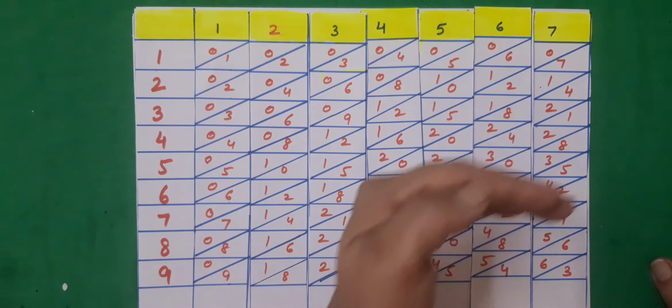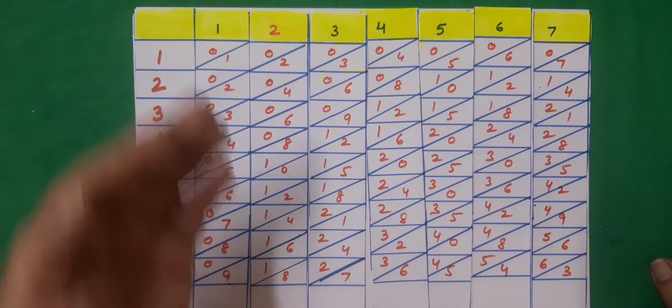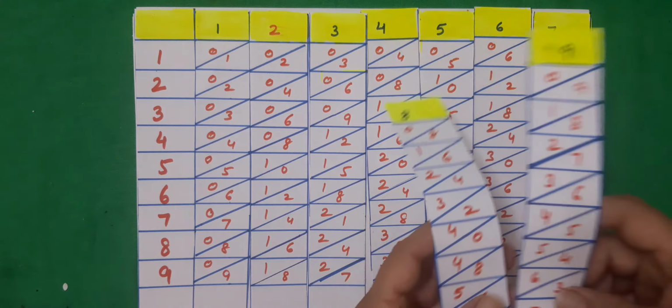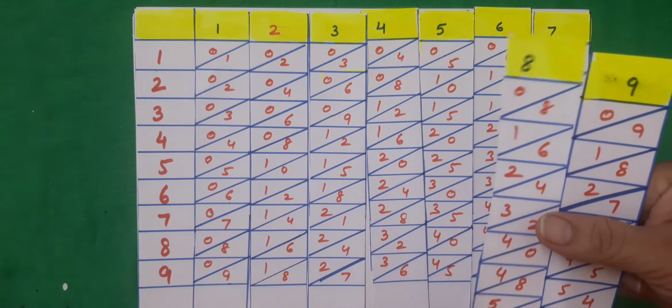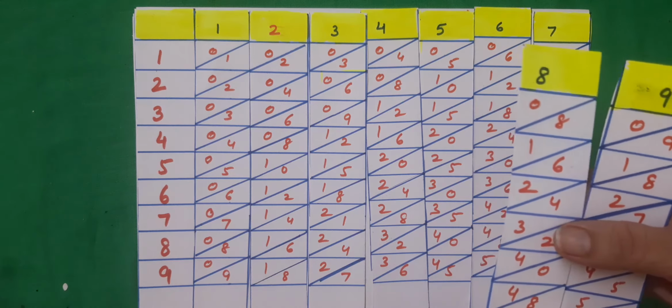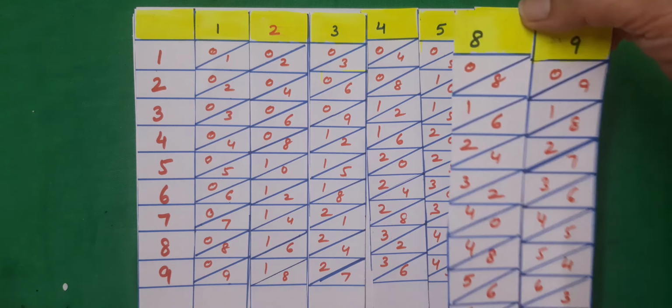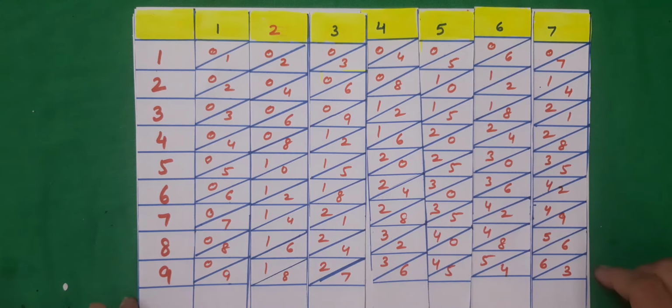These are nothing but times tables. Table of 1, table of 2, table of 3, like that. I have to prepare these 9 strips. You can prepare 2 sets of these so that you can work with lots of numbers. So these I have done on the other sheet. So the first sheet has been done like this.